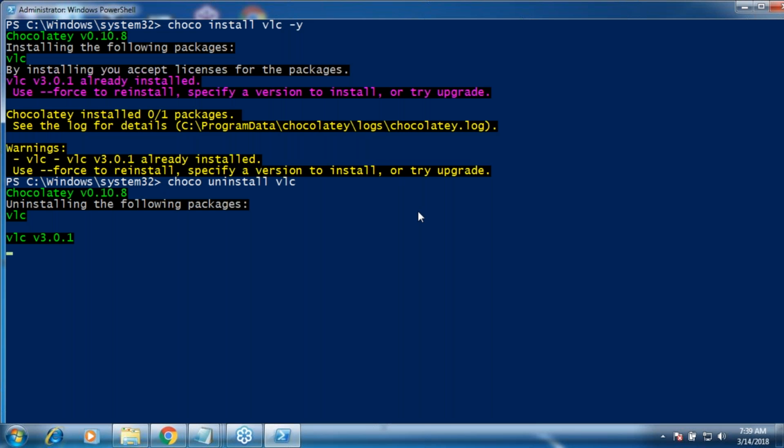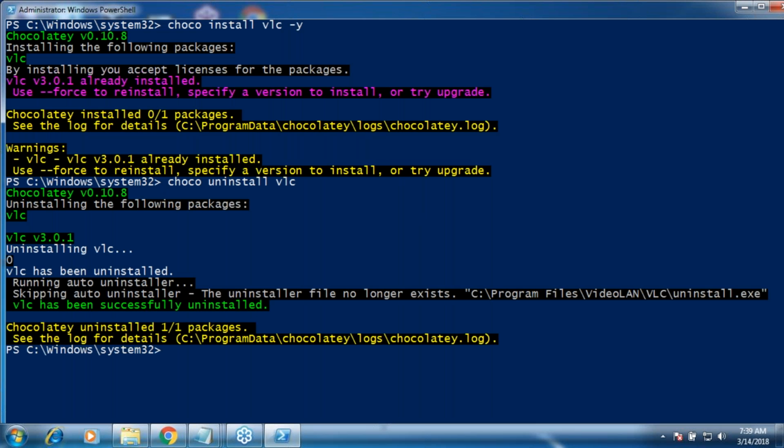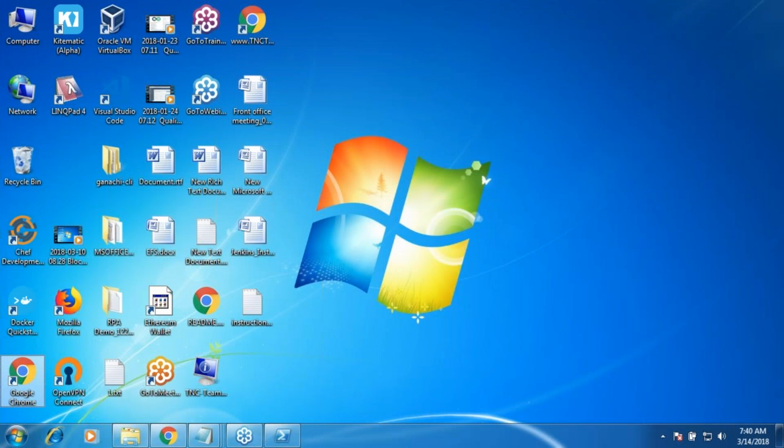Okay. So I'm telling you about this software because on Windows, if you have to install Docker, we can use this. So you'd be searching for Choco Docker, and then you will get one simple command which you can use basically for installing whatever stuff you have. Now, do I have VLC player? No. This is the easiest way to install softwares.